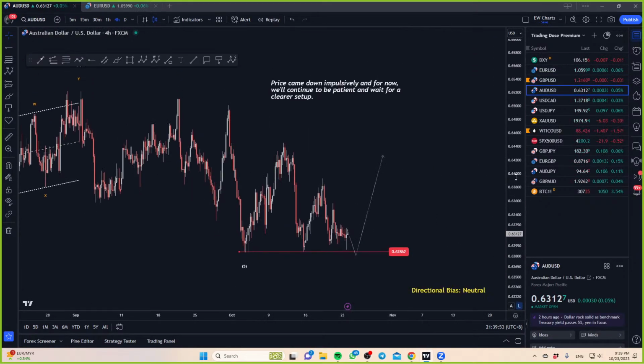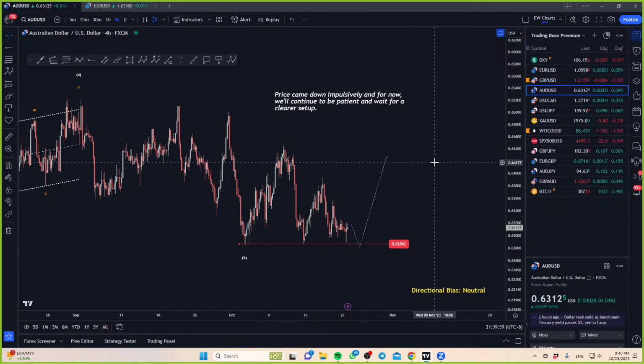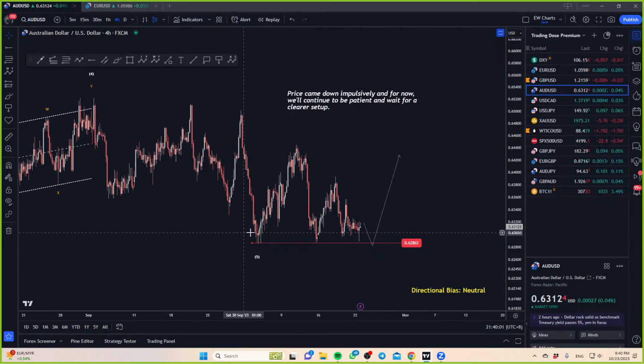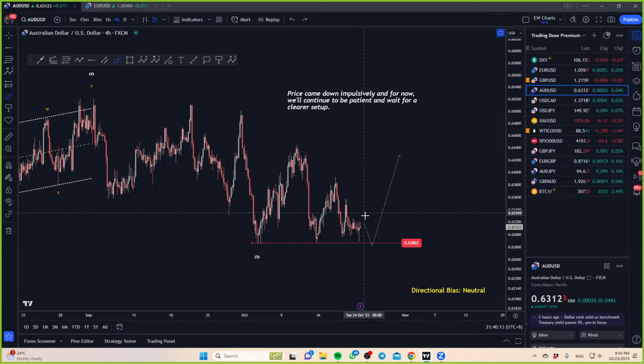Okay, Aussie, I'm basically neutral. We do have the CPI data coming in for the Aussie this week. Again, this kind of pattern, nothing really much there. I'm not too keen on selling, especially as we're getting into this zone here where price has yet to fill, to break it. So I'm not too keen to sell. I'm a bit cautious on the buy because we don't really see some kind of impulsive break to the upside yet. If I can continue to see some crawl here,